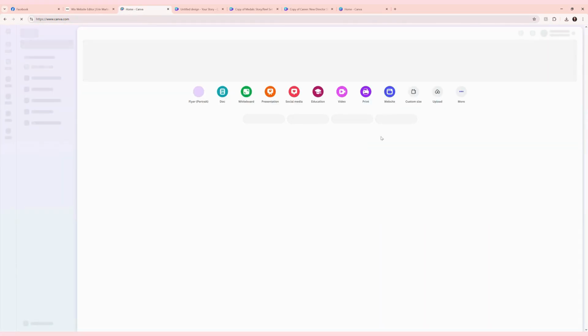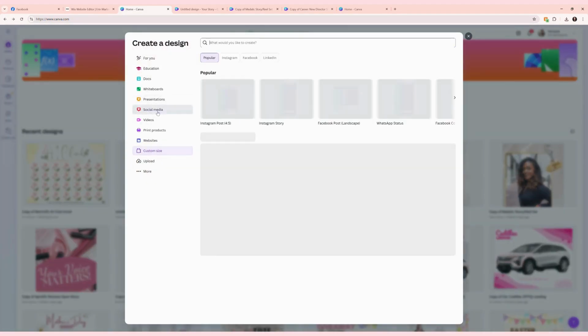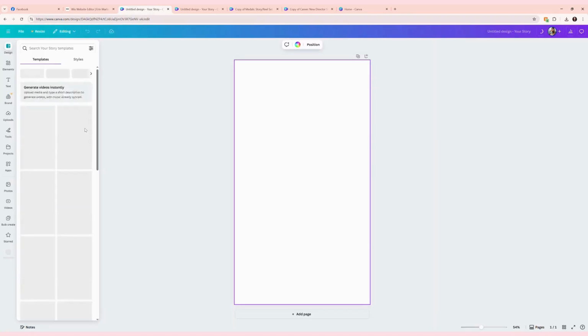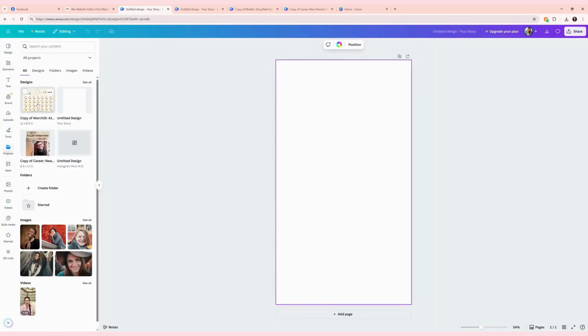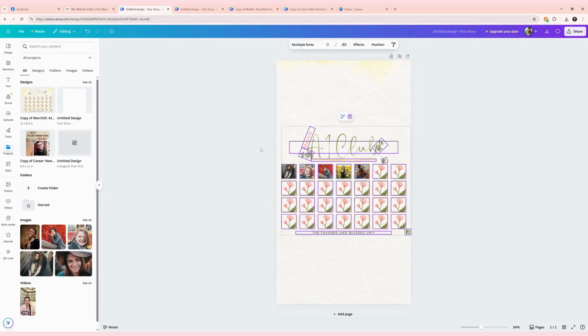We're going to come home. We're going to create a design. We're going to come over here. We're going to create a design. We're going to come to projects, and we're going to grab that A1 club, and it's going to fix it for us. Now this one looks a little awkward, so I'm going to press Control A as in all,